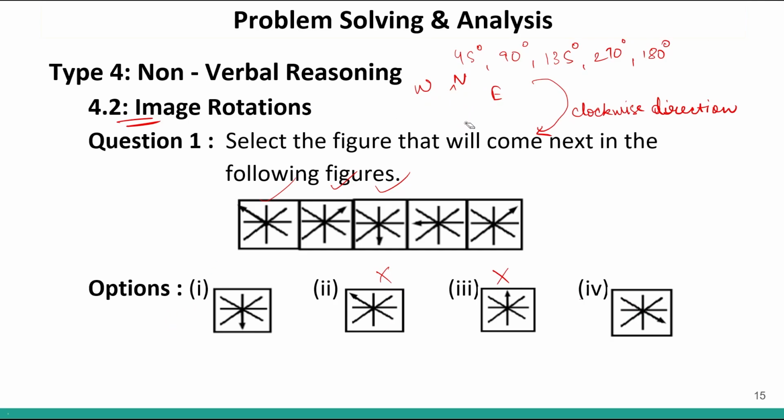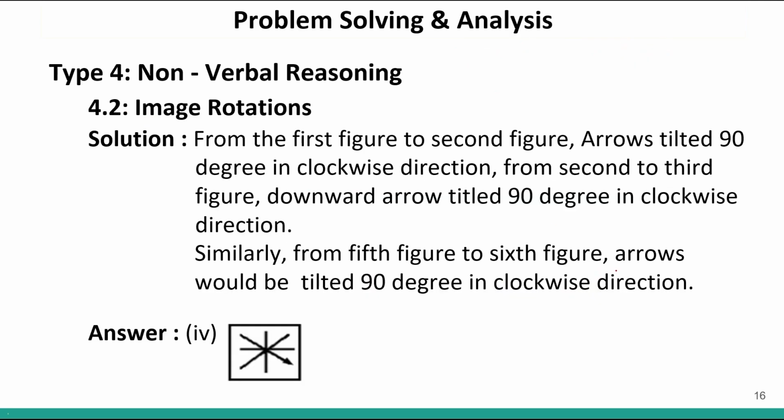Now if we see how the arrow is moving. Over here, the arrow moved by 2 quadrants, 1 and 2, or you can say part of quadrants. Over here, the arrow moved by 1, 2, 3 positions. Over here, the arrow moved again by 1, 2 positions. And over here, the arrow moved again by 1, 2, 3 positions. So now the arrow will move by 1 and 2 positions. So the arrow will face like this because it is moving 1 and 2 positions, which is option number 4. So option number 4 will be your correct answer.